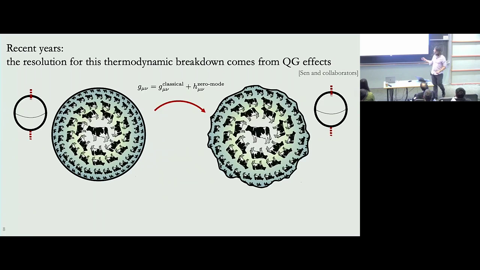So in particular, there are some modes of the metric that Sen and collaborators discovered in the 2000s that turned out to be 0 modes of the action. So if I expand the Einstein-Maxwell action to quadratic or even higher order, these modes leave the action completely unchanged. And what these modes are is that there are large diffeomorphisms of the near horizon region, which change the way in which the infinite throat is glued to asymptotic infinity. Now, these modes in principle give you a divergence exactly at extremality, so we need to somehow